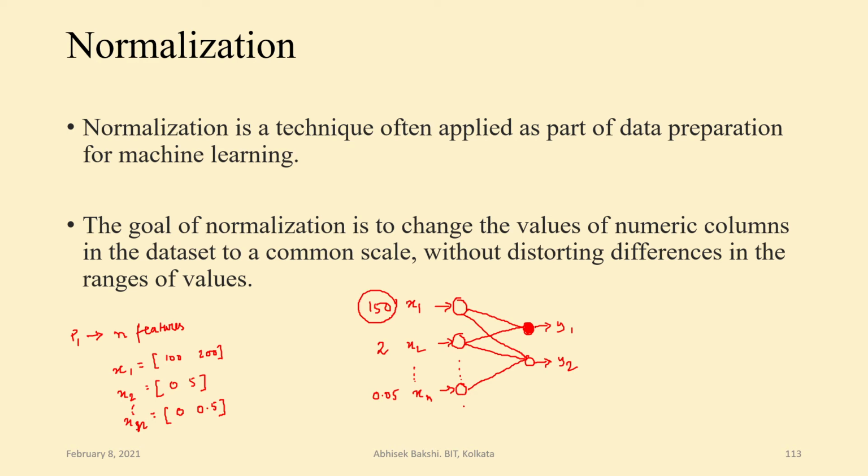And in this input neuron, since this feature value is very large compared to other feature values, what will happen? Always this particular input will try to dominate this particular output y1,